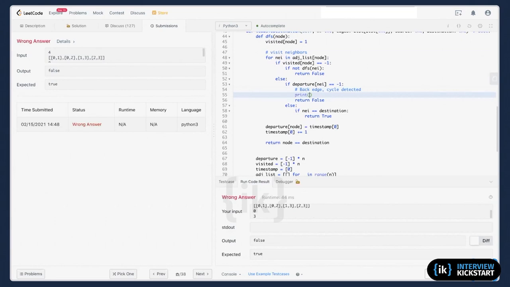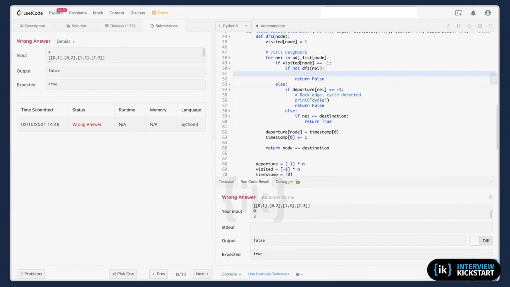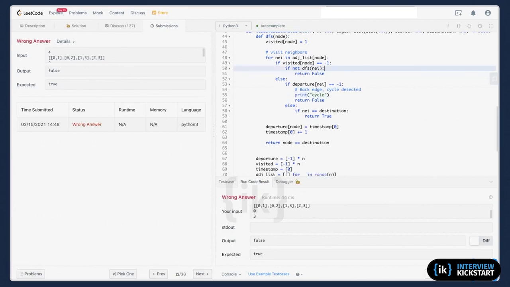This is cycle. This is true. Just do this.